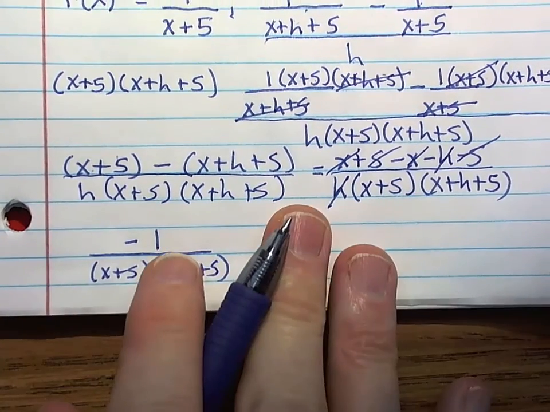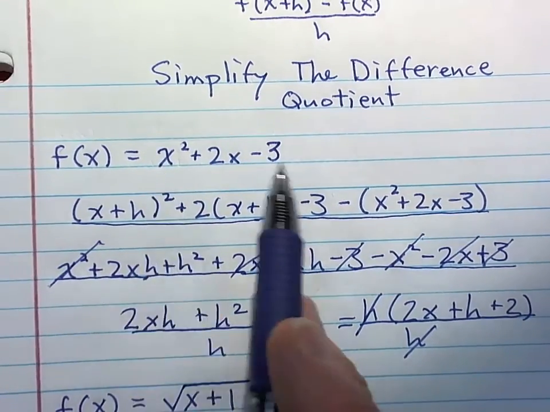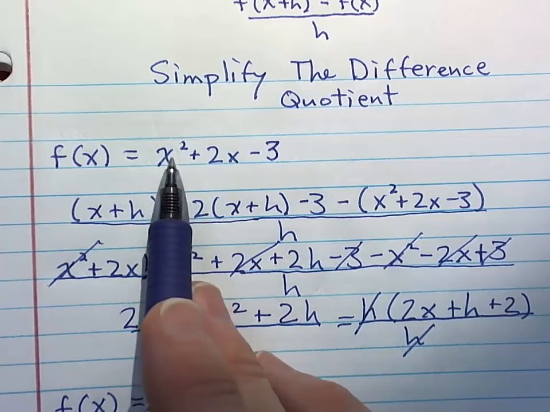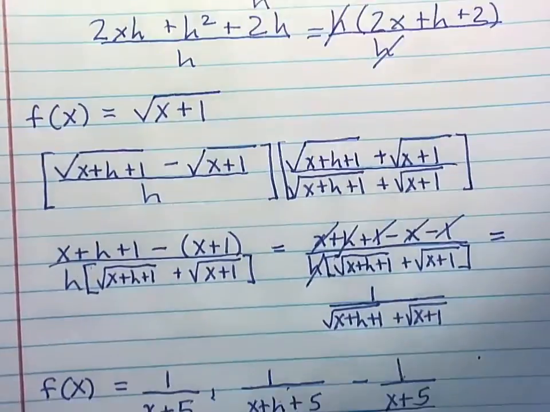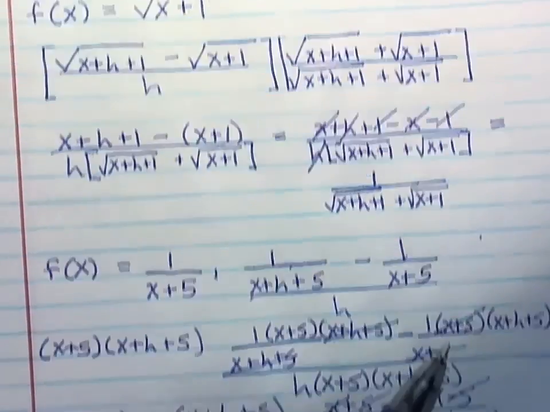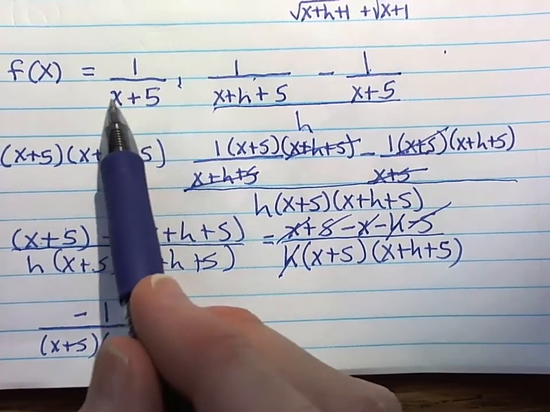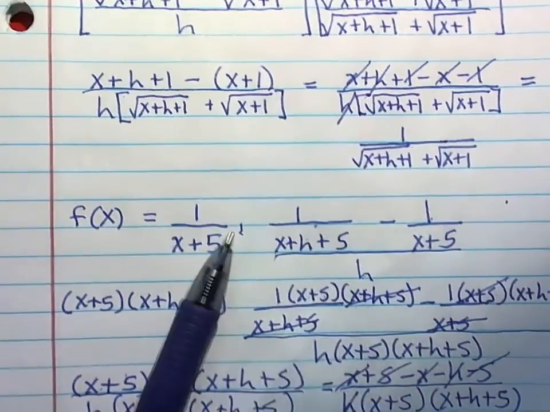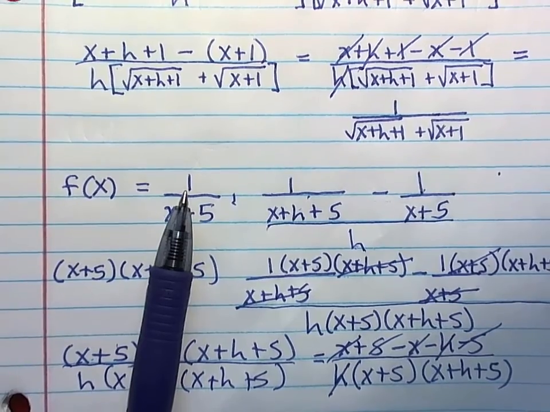So look, when it comes to the difference quotient, we've got these basic ones right here, just very simple terms like this, a polynomial. And then we've got the radicals, the square roots. And then we've got the rational function. Okay? We've got just something with a variable in the denominator. And with each one of these, we have a trick. Okay? Now, are there any